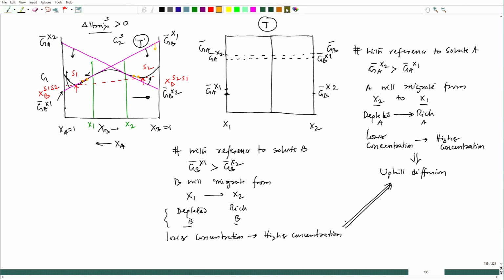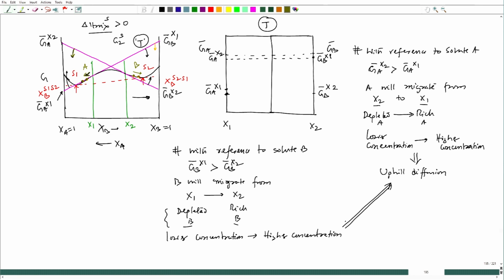In the previous case, A was moving this way, and here it will be B. So, as we go towards richer in B, this particular line will move downwards. Okay. If you do all the tangent plots at different points as we increase the concentration of B,